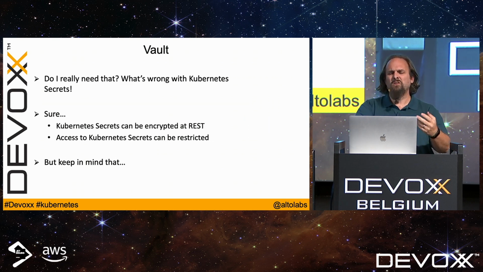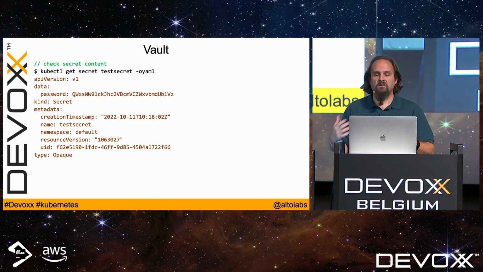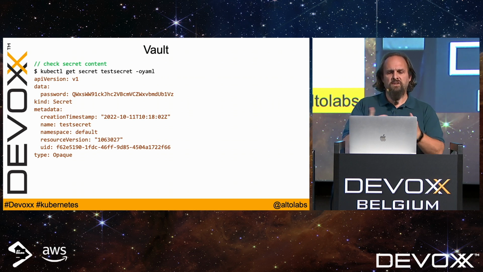But when you think about it, why do I need that? What's wrong with Kubernetes secrets? Kubernetes secrets can be encrypted at rest. Also, we can restrict who can access those secrets. But one thing you have to keep in mind is if you look at a secret on a Kubernetes cluster, for example, doing a get secret, the name of the secret, and -o YAML, you can see the string here, which is